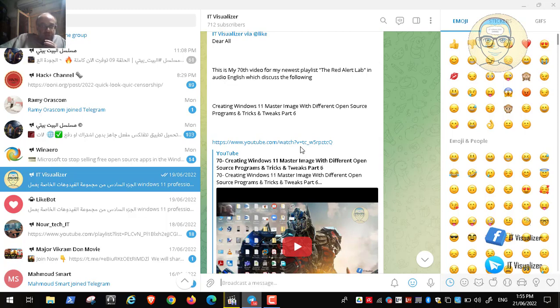So these changes affect two things: they affect the computer as a whole, and they affect the user profile in specific. Some of these changes and tweaks will affect the whole PC, so any user sitting on this machine will see these effects, and some of these changes will only affect certain users that are sitting on this machine. So for example, I have created a user on this machine called Keraof4. Some of the tweaks and tips and tricks that I have done will only affect